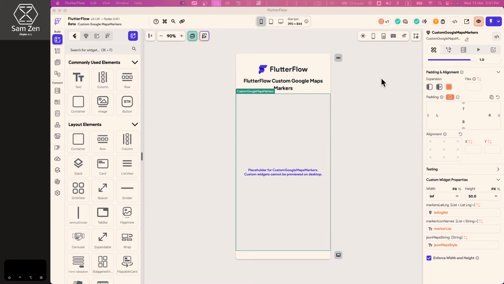FlutterFlow custom Google Maps markers. There is a tutorial for you to develop, or you can use this widget. We will start here with the parameters, which are the